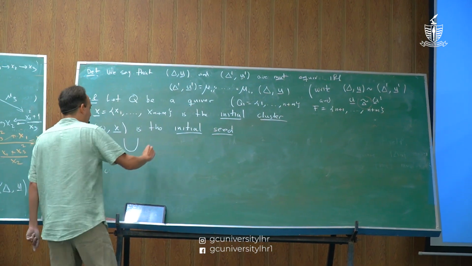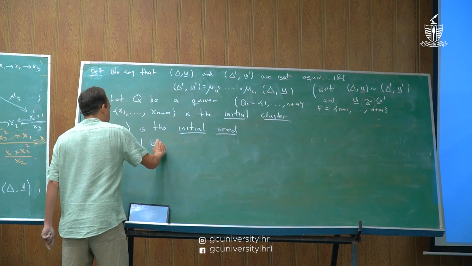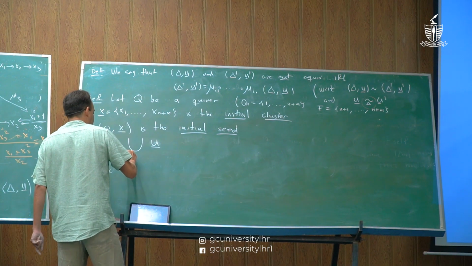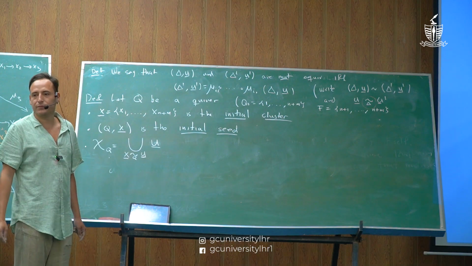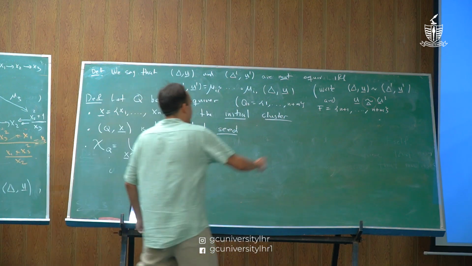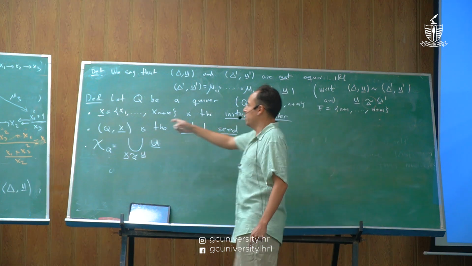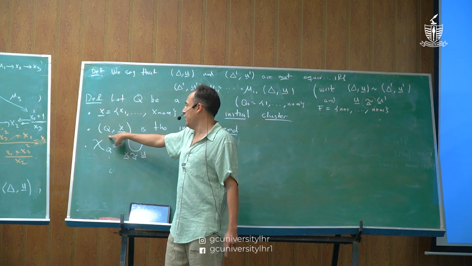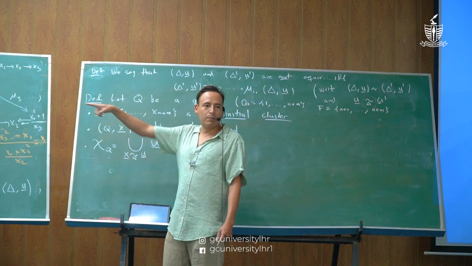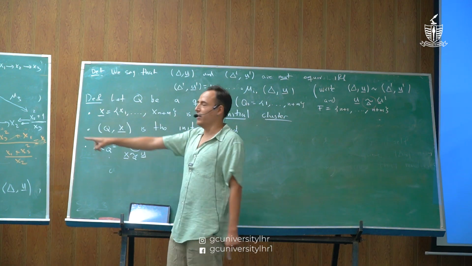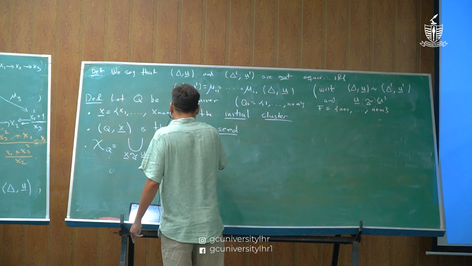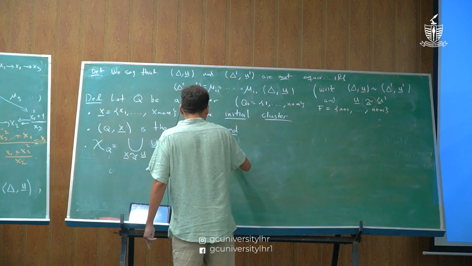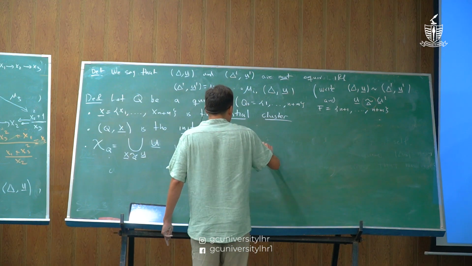How do I write that? It's just take all the clusters and unite them for all the clusters that are equivalent to the initial cluster using Q. Okay? This is the set of clusters. This is the notation, okay? So I'm just starting with the seed, I play this game, and I collect all the rational functions that I produce. Yeah, it's the set of cluster variables